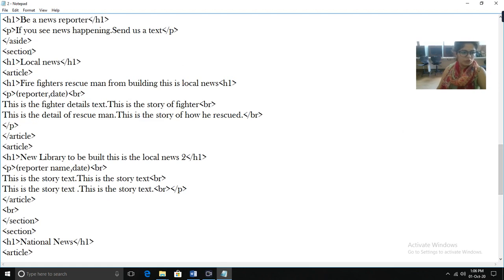This is the section tag, article, information inside the article tag, second article tag, information inside the article tag, and end of article tag, end of section tag.